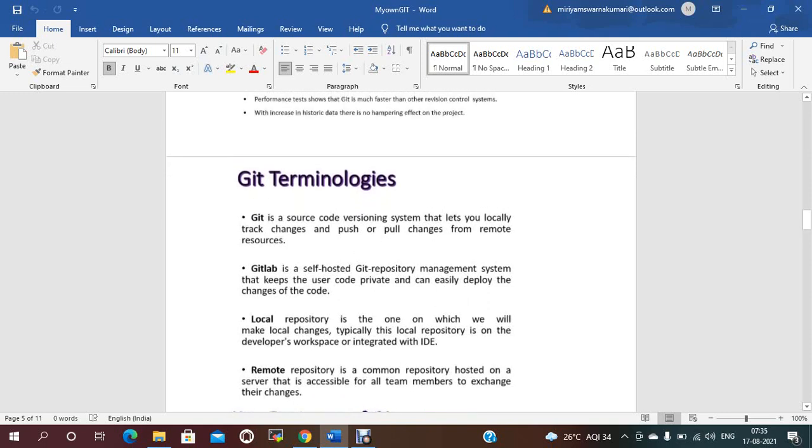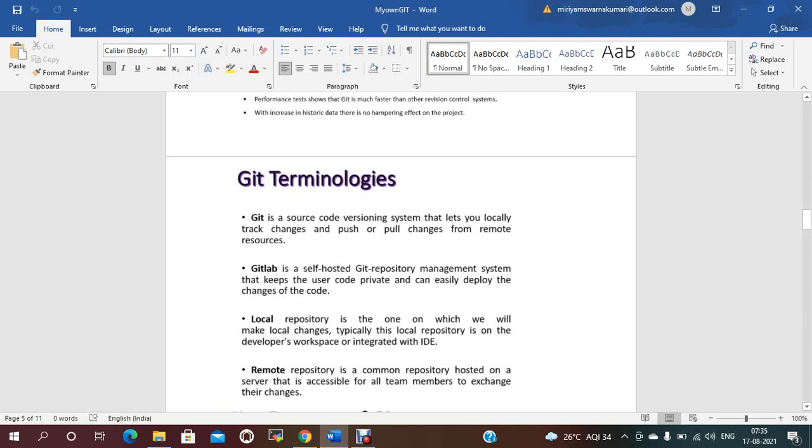Git is an open source version control system that lets you locally track the changes and push and pull them to and from your remote. So Git needs to be installed on your local machine, meaning your laptop or desktop, wherever you work, and it will track the files. Whenever you need to pull or push the changes, or download or clone the repository, it should be working on your laptop or system, right? So we will install Git.